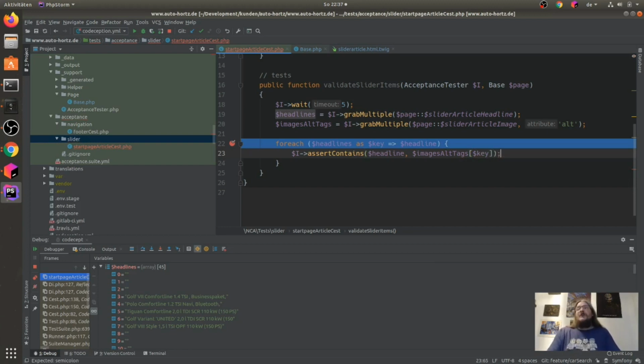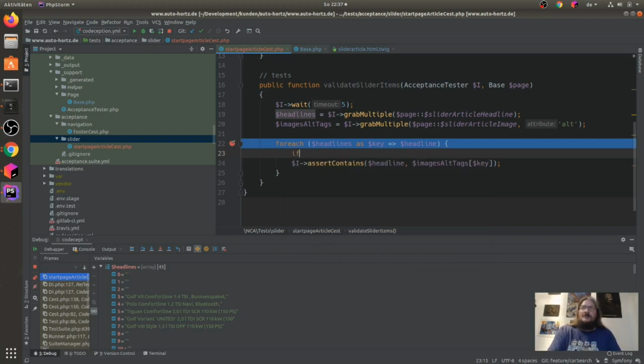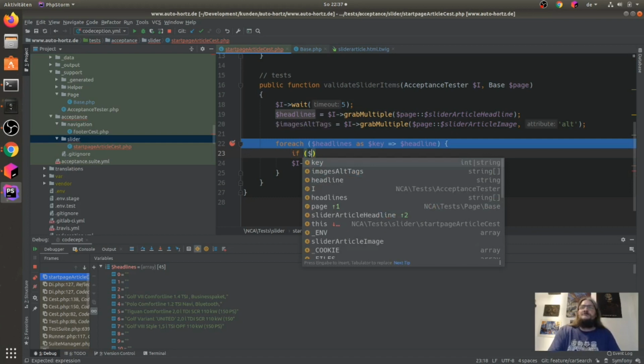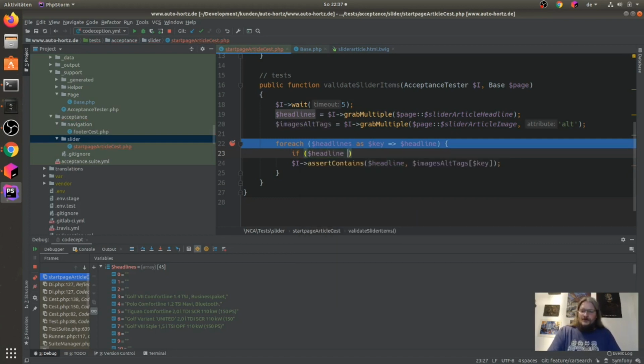And will this work? No, this will not work, because this is only handling when $headline, if $headline is empty, then please continue here.